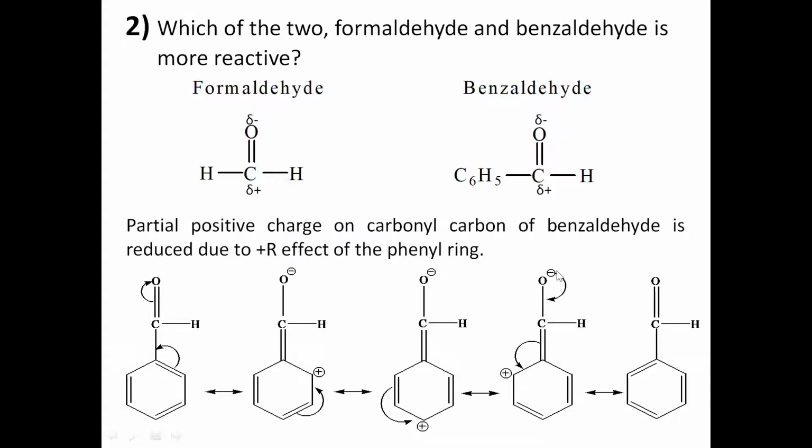So see here, the negative charge comes back between oxygen and carbon. The pi electrons will be shifting here. So look at the structure. Since the pi electrons are shifting here, there is a double bond here with the neutralization of positive charge. This is single bond. This is double bond. And the negative charge is shifting here. So there is no charge here. So O double bond C, single bond in this. So you can see that by these resonating structures, benzene is giving electrons towards the carbonyl carbon.